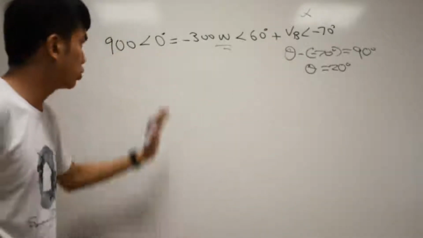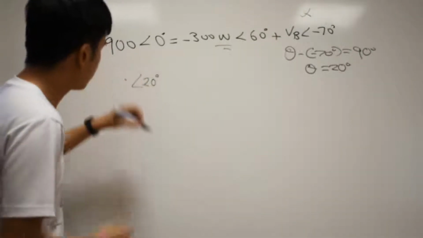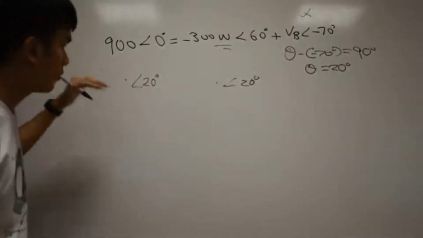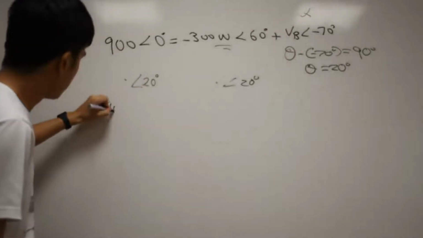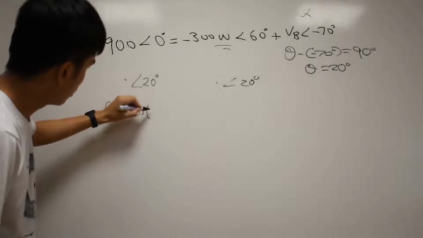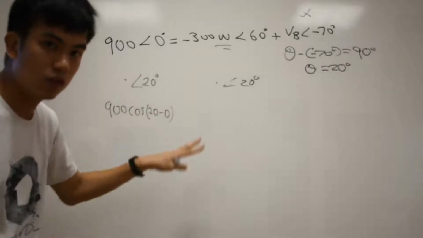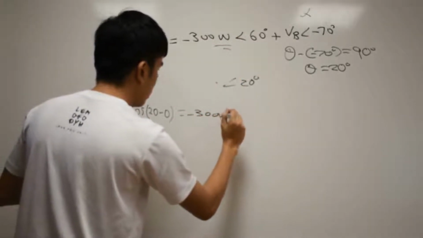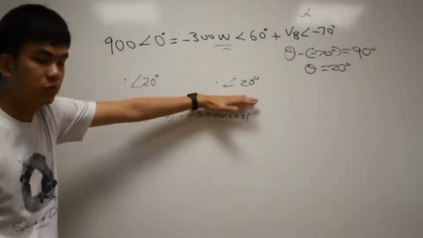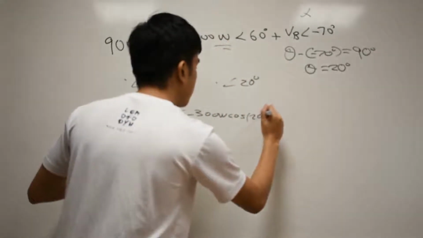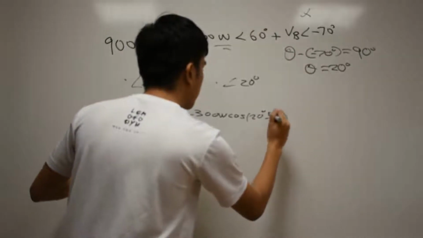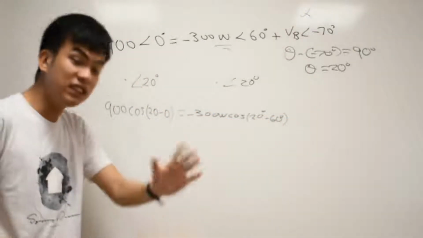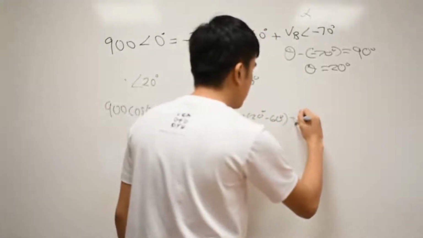So the next thing to do was to dot product left side with 20 degrees and dot product right side with 20 degrees. In this case, if I were to dot product 20 degrees with 900, I will get this 900 cos 20 minus 0. Right? Dot product formula. The right side, this part, will be negative 300 omega cos, dot product 20 degrees, so it is 20 minus 60. If today you were to write 60 minus 20, it's fine, because cos negative theta is equal to cos theta. So that the whole thing comes down to here, plus VB